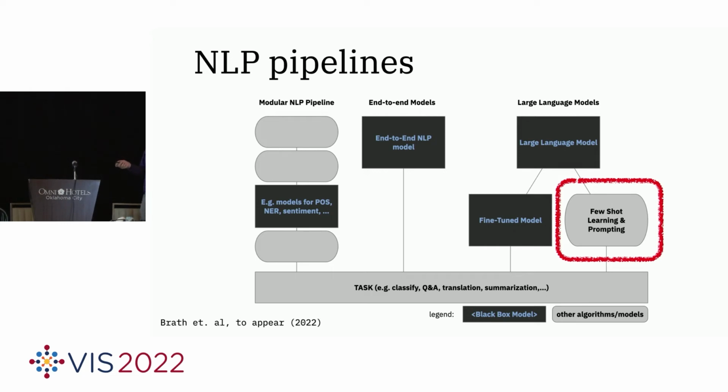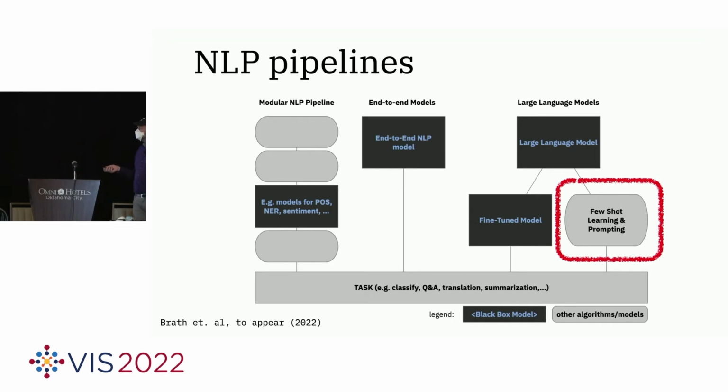Or you can train an end-to-end model, a small or mid-sized language model. But this requires a lot of data, especially labeled data, to actually train the model. If it's just about 100 documents that you can get labeled, this is not really a feasible option. Or you can resort to large language models. If you want to fine-tune them, you need even more data, but you also need a lot of compute. So you burn a lot of money.